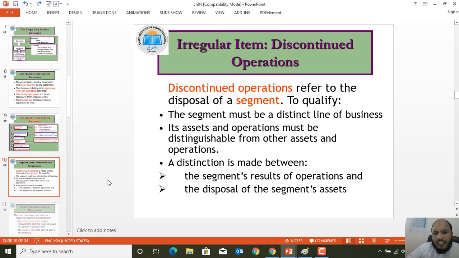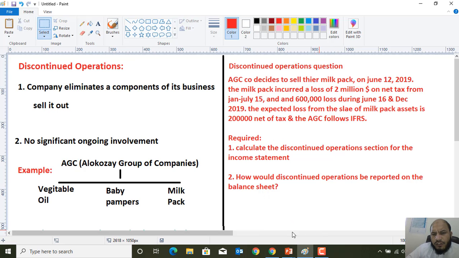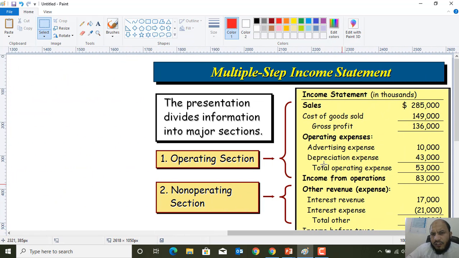So to learn this in depth, dear students, let's look at one multiple step income statement. I have one multiple step income statement format over here. If you see over here, dear students, this multiple step income statement is divided into major sections. We may say that it divides the income statement into 5 major sections that we will discuss, for example, the operating section. Dear students, what does this section tell you?